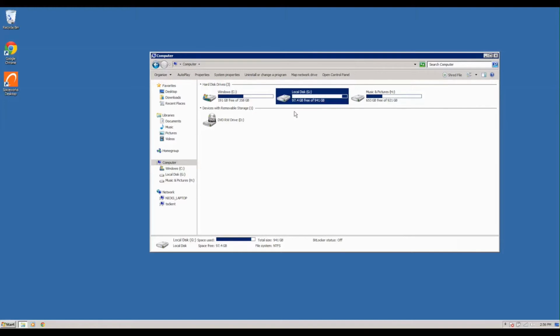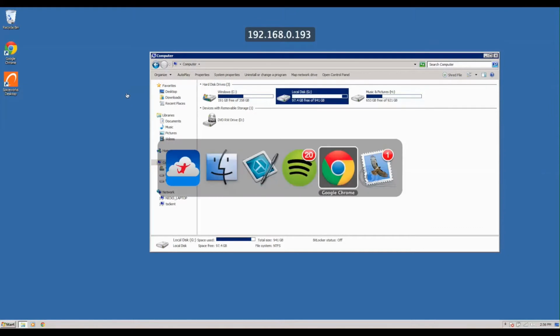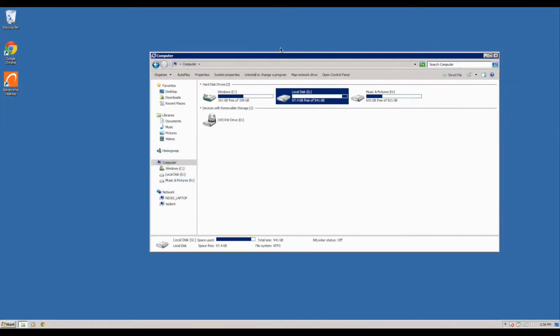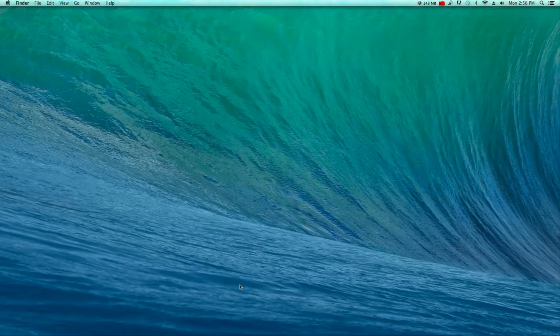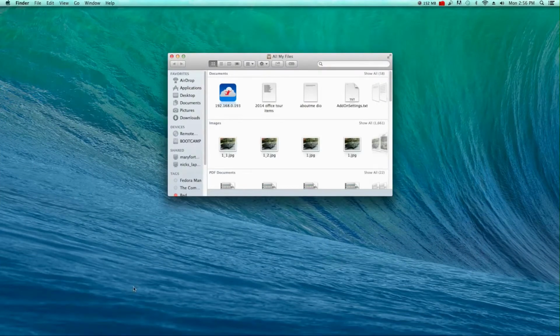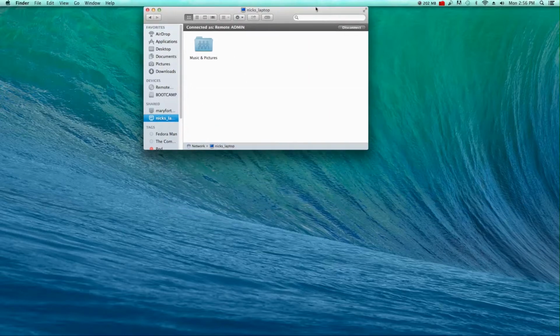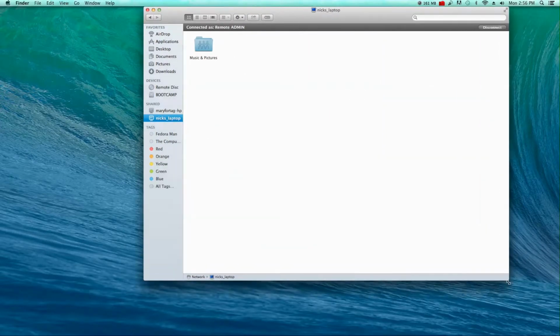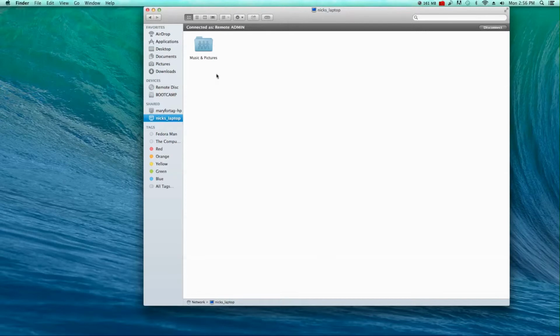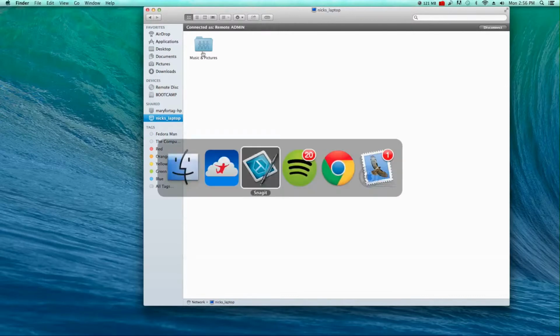So let's switch back over to Mac OS. Sorry about this. Okay. So now if we go down to Finder and go into Nick's laptop, you can see the data drive is gone, okay? Data drive is completely gone. Okay, only my music and picture drives are there, okay? So, now we switch back to the Windows PC,